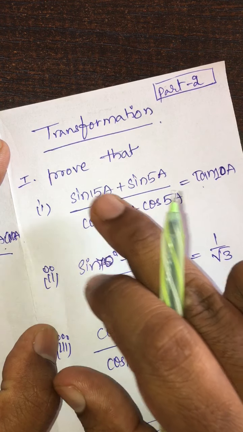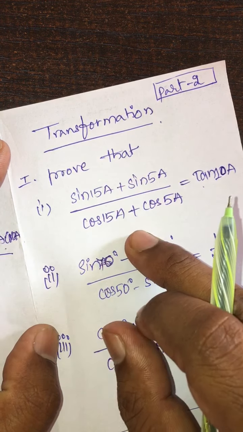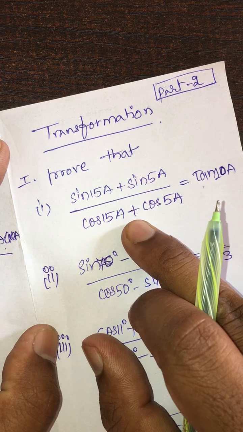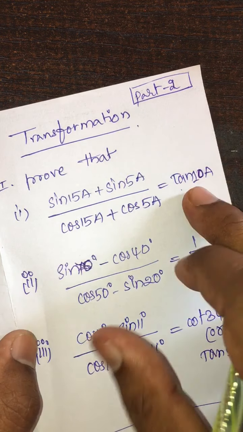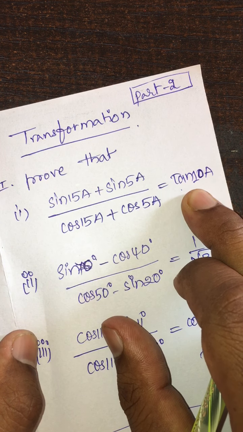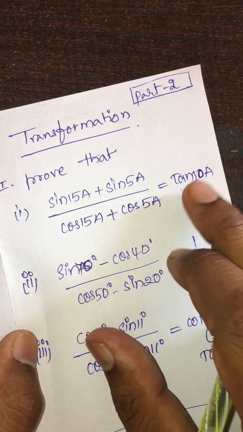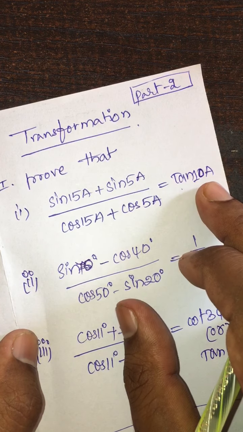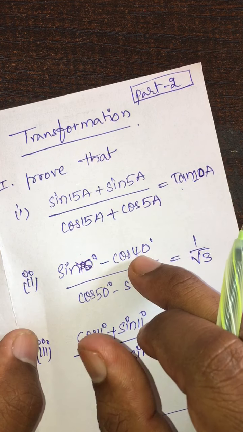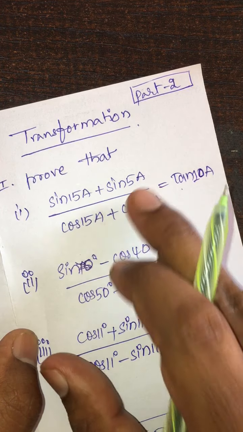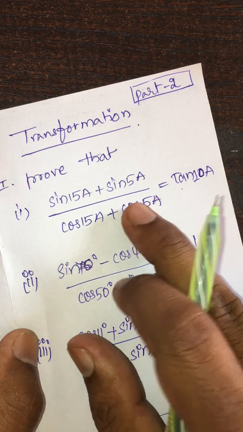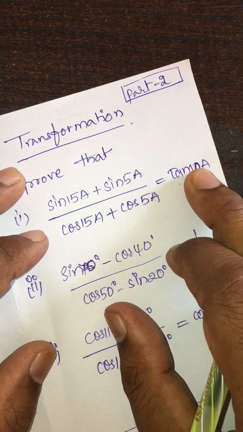In this LHS, we can see numerator by denominator. Again, the numerator has two terms which are in summation, and in the denominator also in summation. So now we will take it into one single trigonometric function, that is tan 10a. So that means tan 10a, the step before is: when does tan 10a come? sin 10a by cos 10a, isn't it, because sin theta by cos theta is equal to tan theta. So in this way we can understand and we can solve this problem. So take the LHS and try to convert into RHS.